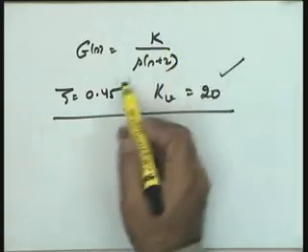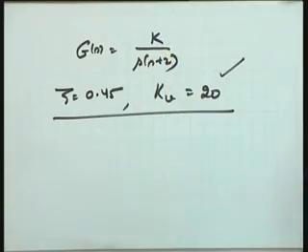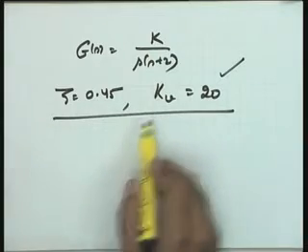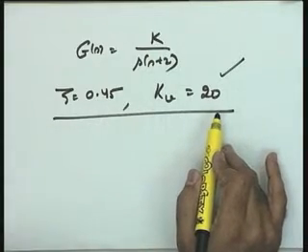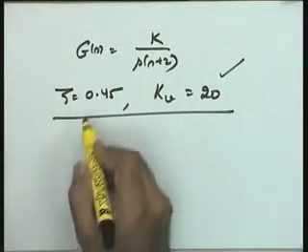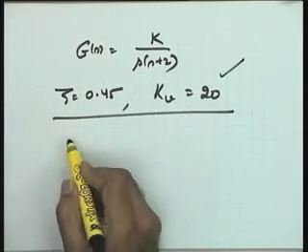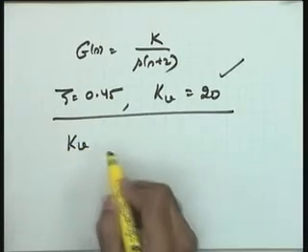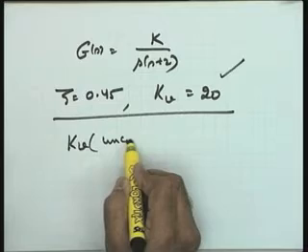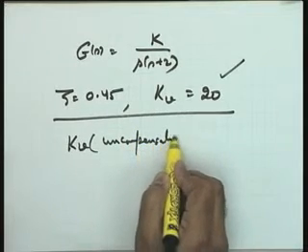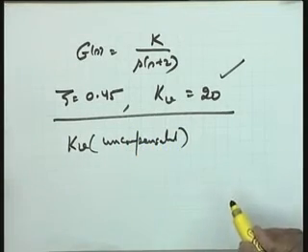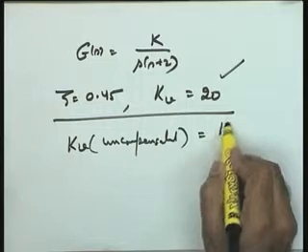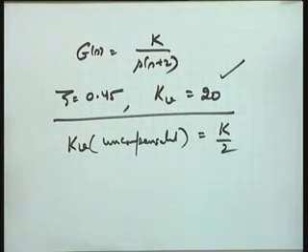I now take you back to this particular problem. GS is equal to K over S into S plus 2 is my plant, which is a motor servo. Zeta is equal to 0.5, KV is equal to 50. First of all, look at the steady state requirements of the uncompensated system. Help me please. What is KV of the uncompensated system? Give me the answer please quickly. KV of the uncompensated system in this particular case is K by 2. Okay, this is the KV of the uncompensated system.